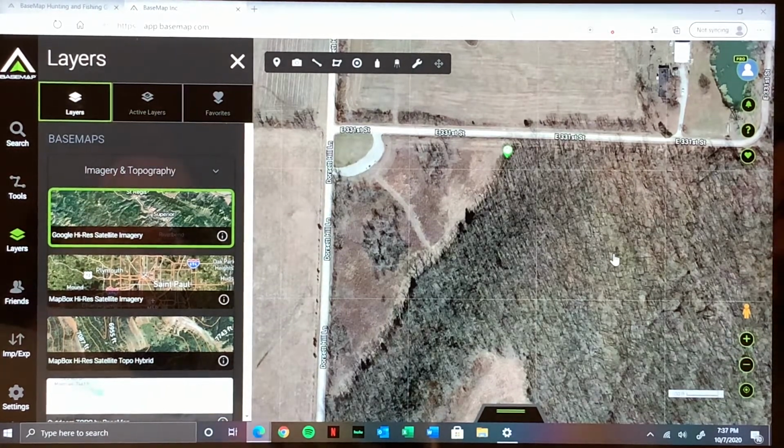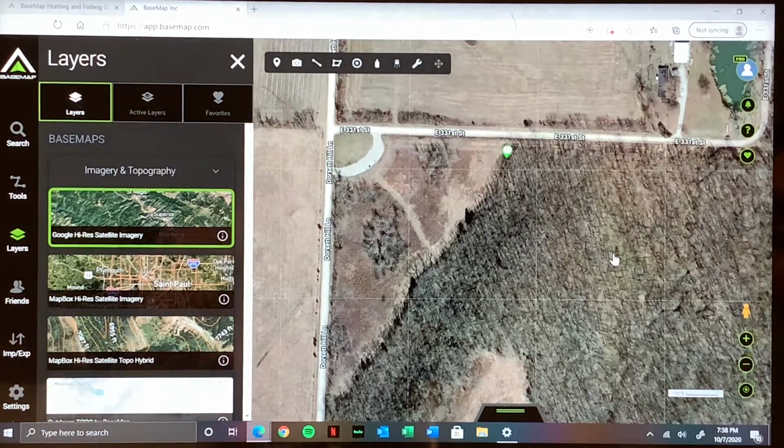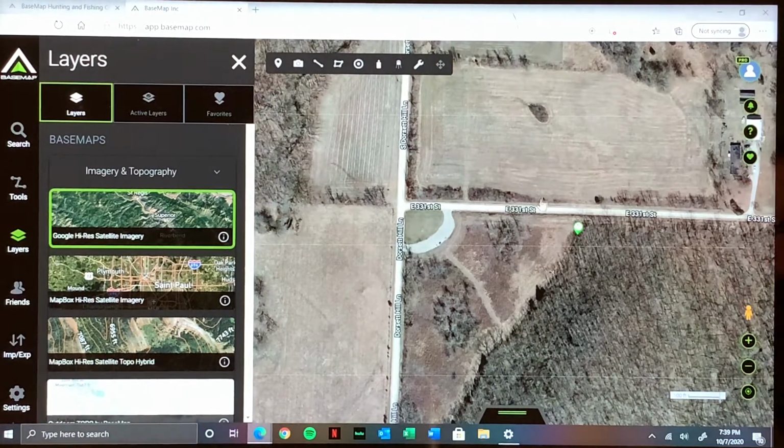see what comes out. In Missouri, you can't set trail cams on public ground, so it makes it a little harder. You just got to get in there different times of the day. Maybe we'll go out sometime and I'll show you how we try to figure out what time of the day they're coming through. And once you decide where you want to put your tree stand, there are tools over here,